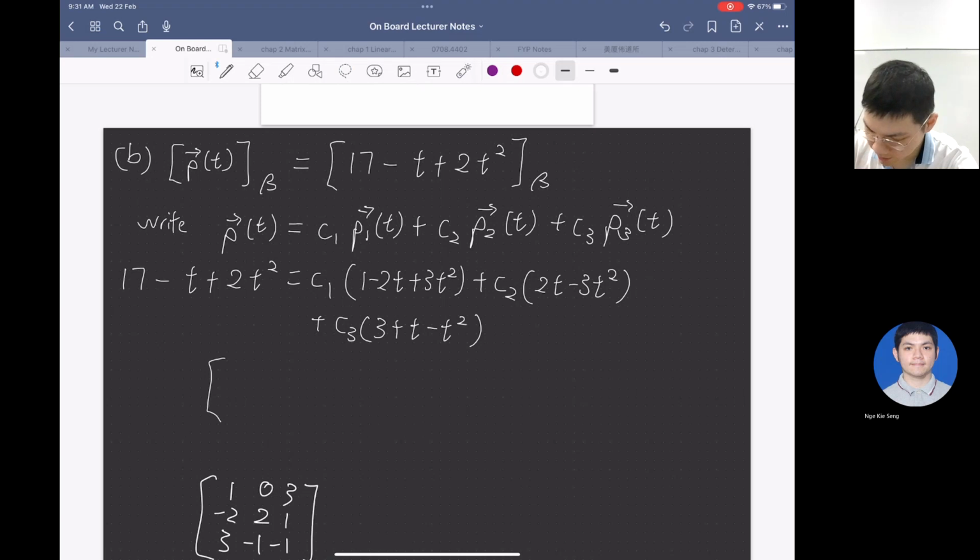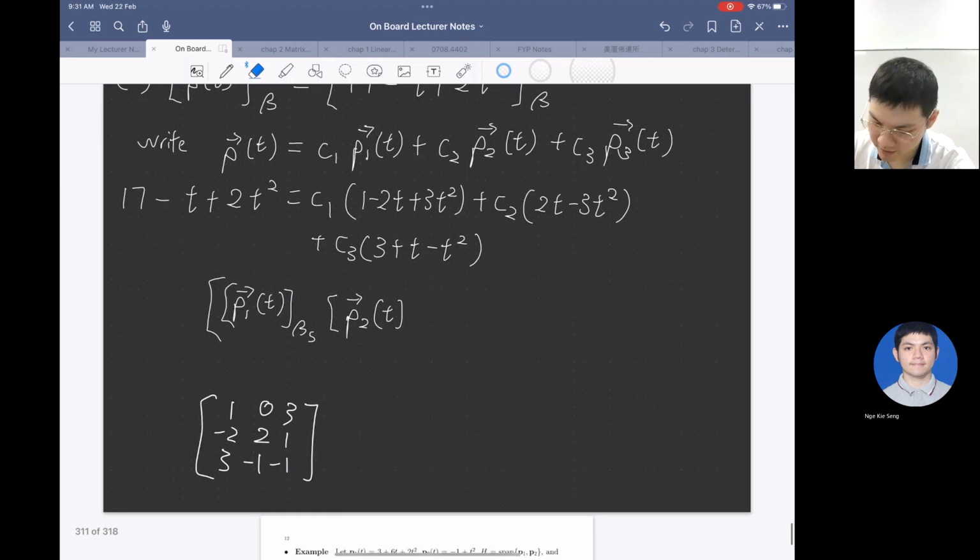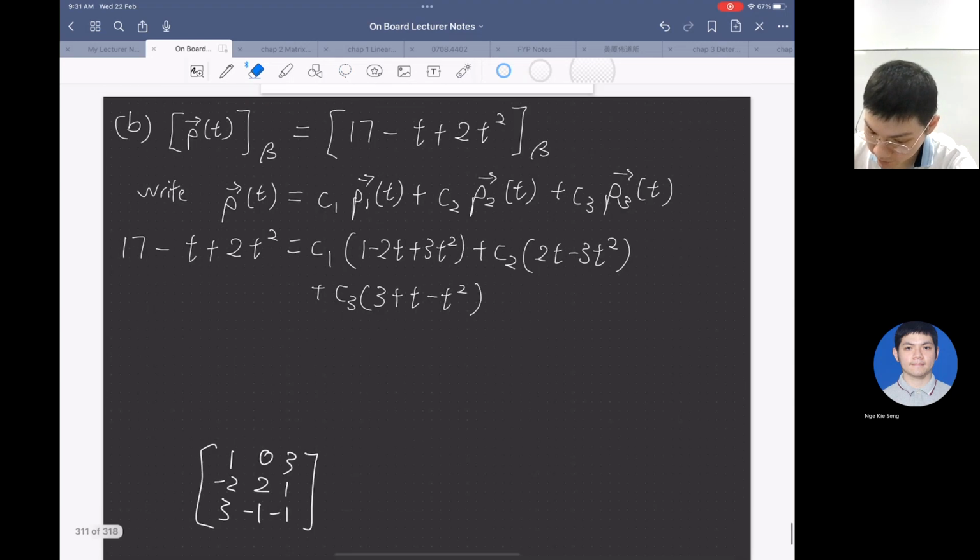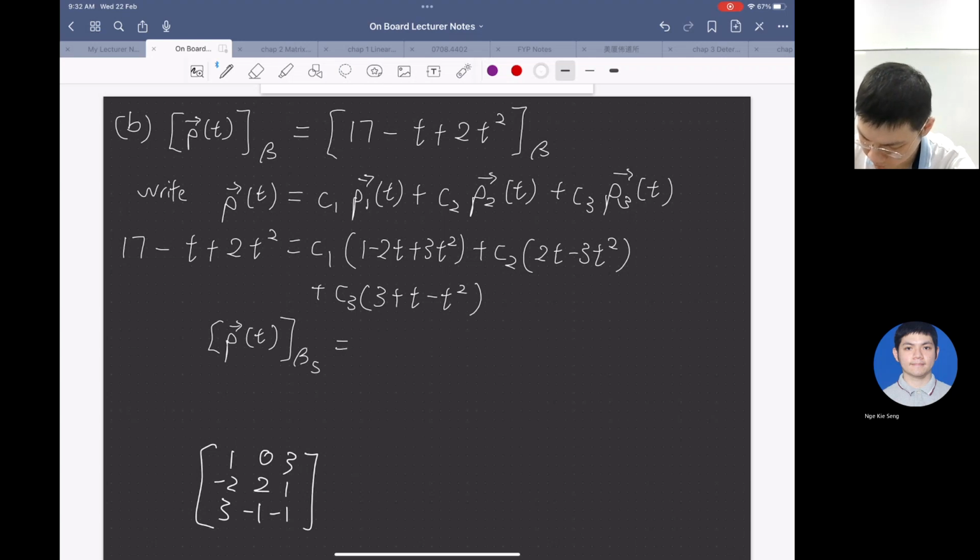So really what we are doing is we can put P1 T with respect to BX, and then P2 T. I think this one is clearer. We can use this method to find PT with respect to BX equal to